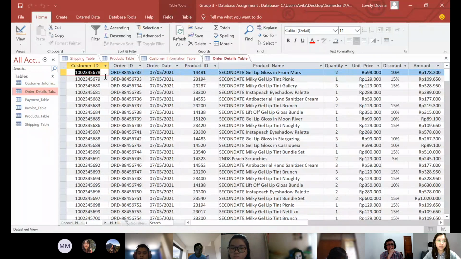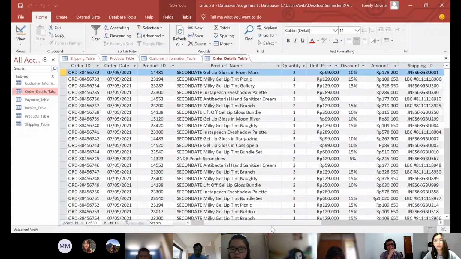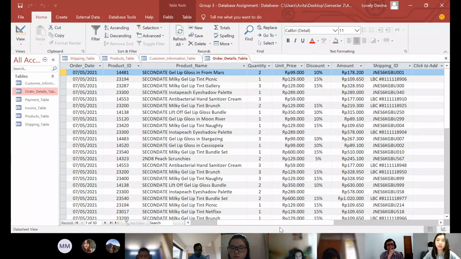The second table is the order details table that consists of the customer ID, the order date, product ID, the product name, the quantity, the unit price, the discount, the amount or the total price, and the shipping ID.